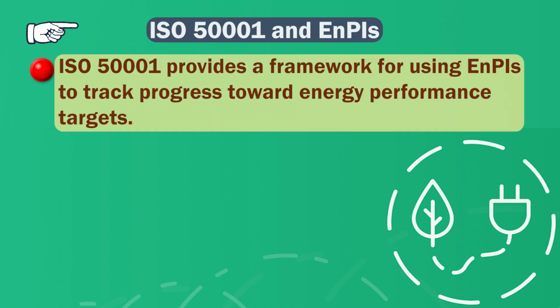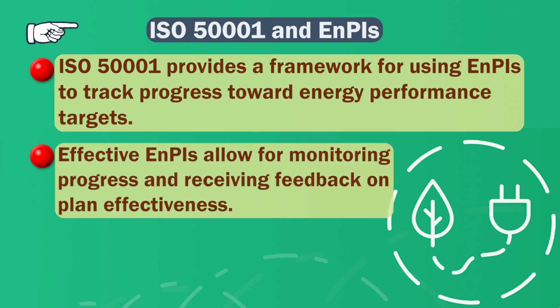ISO 50001 outlines how EnPIs can track progress towards specific energy goals. Effective EnPIs provide clear feedback on the effectiveness of energy management plans, helping organizations make informed adjustments to their